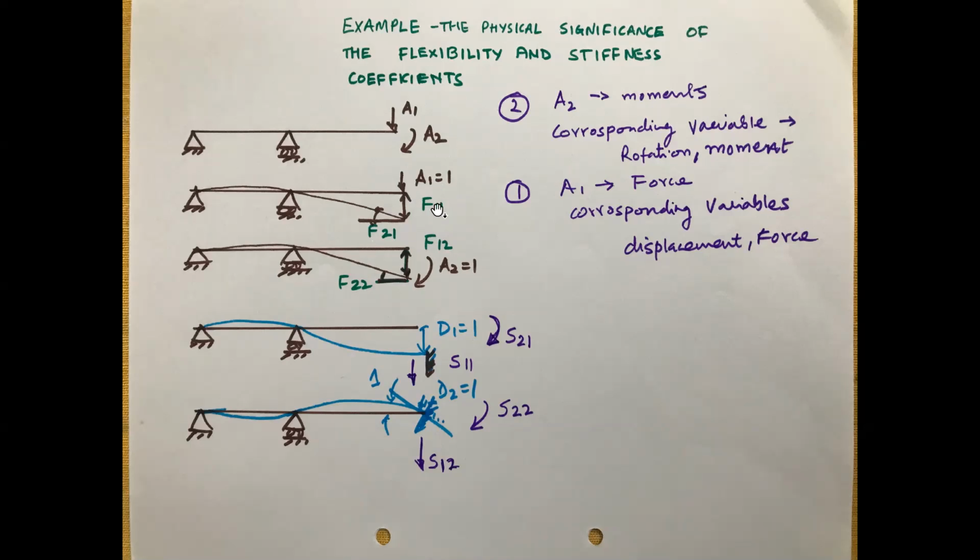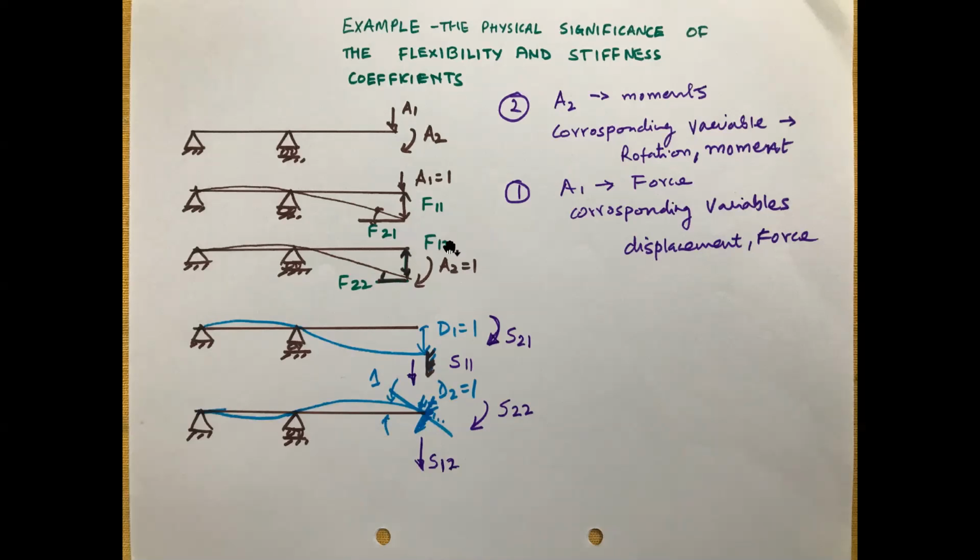And similarly, F21: I have calculated the rotation at the second place. That second place I am naming as rotation, not because of A2, but because of A1. So F21 at the second location is our rotation. We are placing it as our rotation because of A1, so I'm calling it F21.